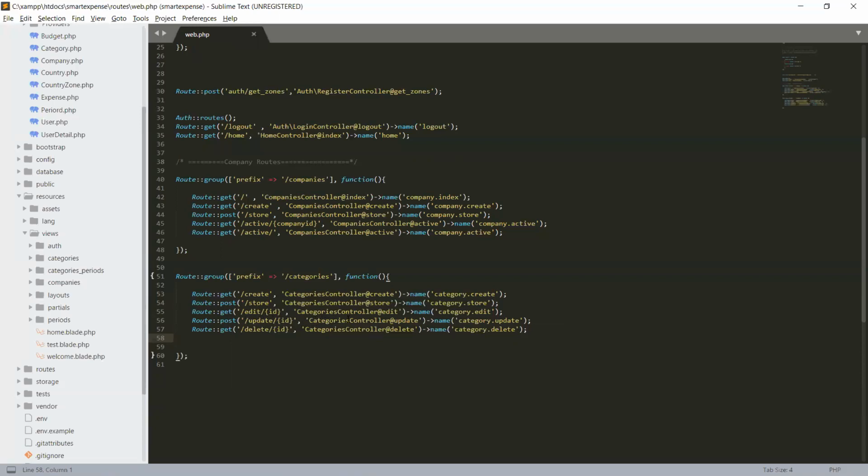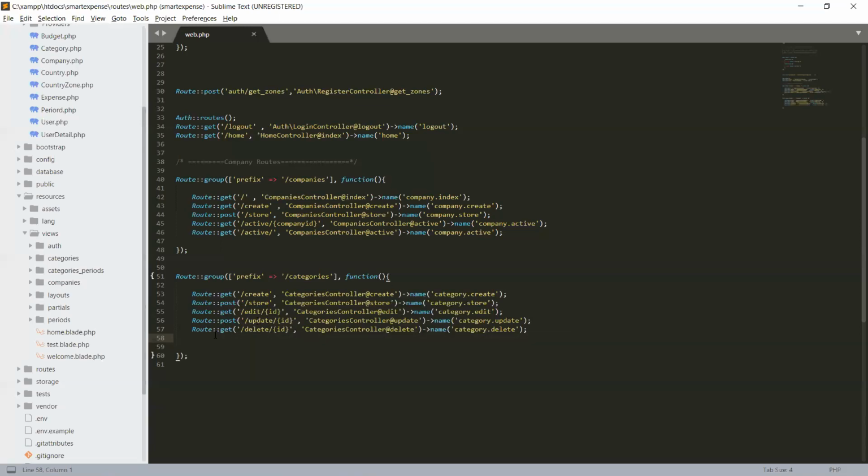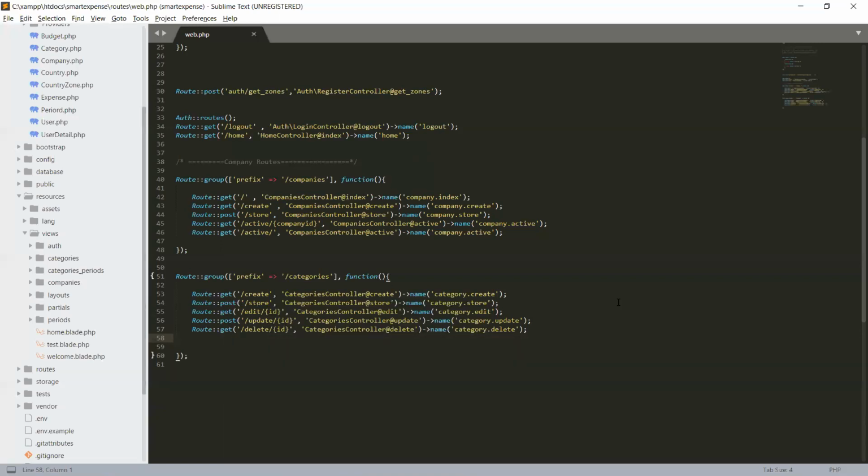So categories controller edit, and category.edit is the name. And to update that category, we should have the post request update and the ID of the category, and it goes to the categories controller update, category.update. If we want to delete a category, the route will be a get delete. We can use a get request to delete, with the ID of the category. So it goes to a delete method in our controller.